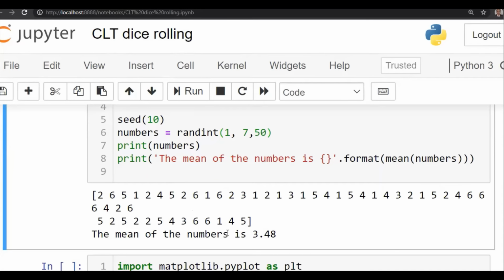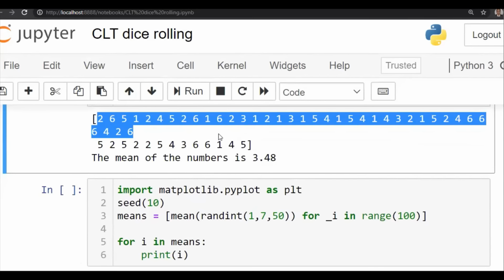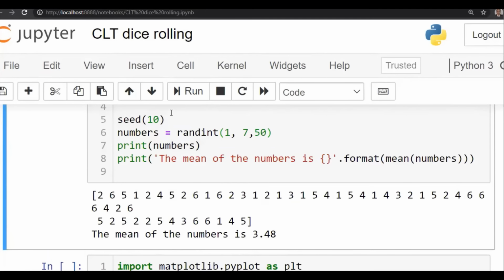And what is X bar here? 3.48. 3.48 is X bar. So my sample mean is 3.48. I showed already in my slide 3.48, the first one. So you can roll it 50 times if you have time, or you can use coding. It's only 3 to 4 lines of coding. Now come here,